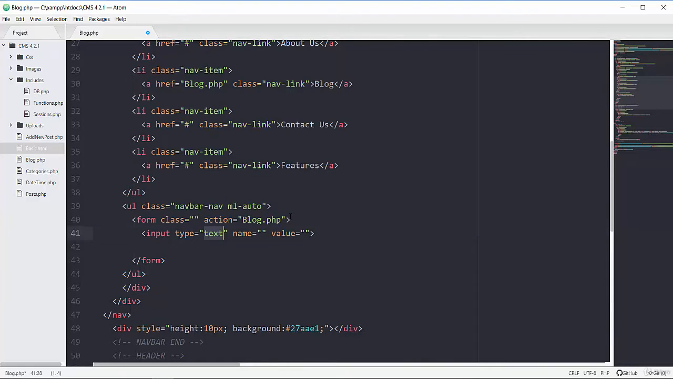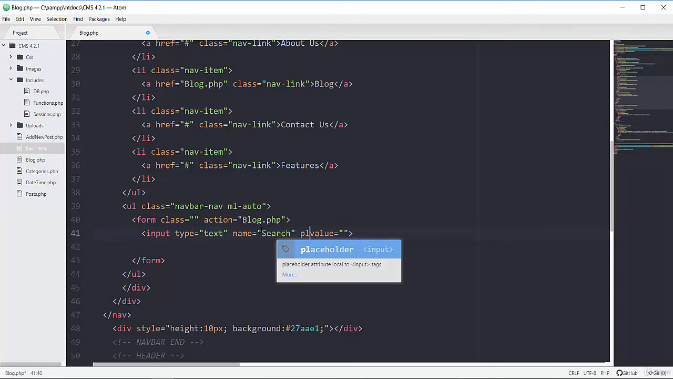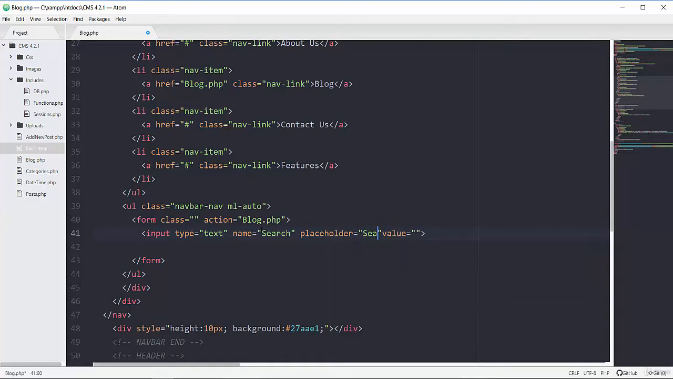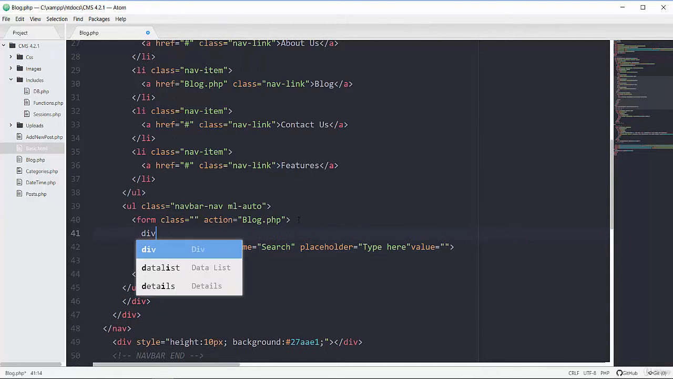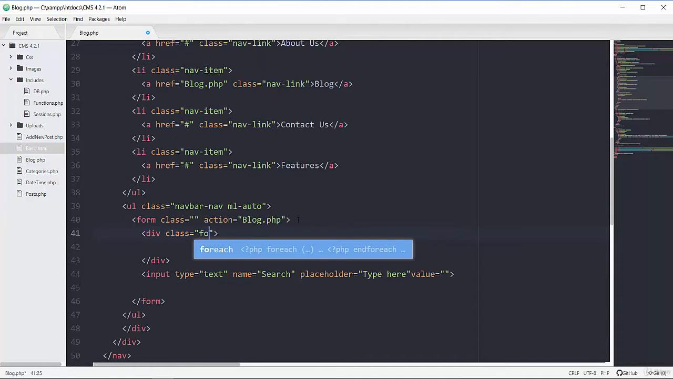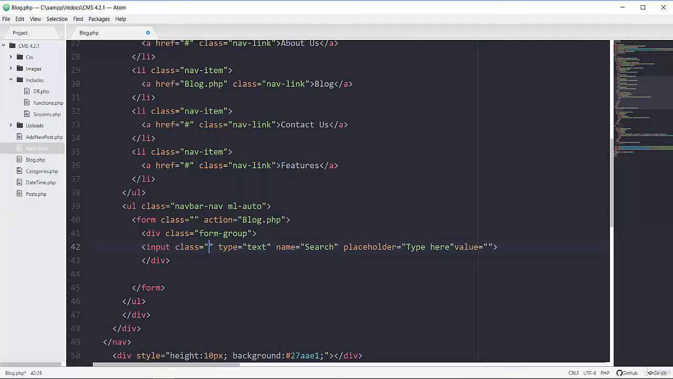And then inside this form we will have an input field with the type of text, and its name will be search. And let's add the placeholder, type here, because we will have the button of search. So this whole input field inside div of form group, and our input field will have a class of form-control,